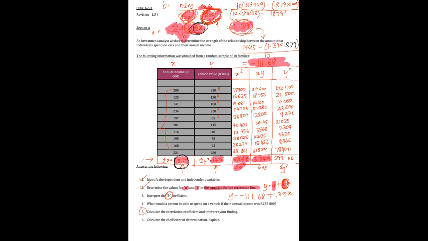So before I write down, I'm just going to create a little bit of space here because I don't have much space. So let me just erase some stuff and then I can get writing. So interpreting your b coefficient. Now in the formula, as you can see, for the value of y is equal to a plus bx, the b is attached to the x. So when we're interpreting, we are also going to interpret in a way that relates that b value to your x variable, because you are basically saying here,